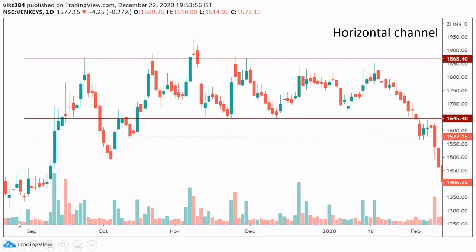If you are, suppose, holding this share for a very long time, on all these levels you should be looking at booking your profits and not buying. At least you should not buy at these points. Even if you buy on these support levels, your stop loss will be very small and you would not make any losses here. So you could have traded this channel, I'm not denying that, but going by the volume consideration here, you should be very careful about it.